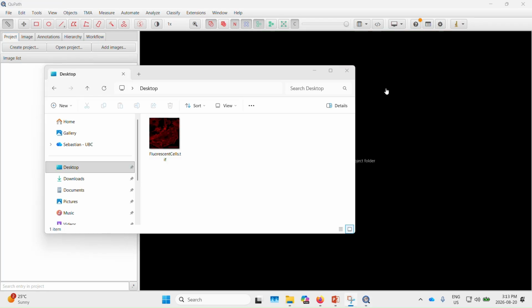To demonstrate the second option, I have closed QuPath and opened it up again. I have then gone to my File Explorer on Windows and navigated to my desktop where I can see the fluorescent cells TIFF image. I can select this image and drag it onto the QuPath window,